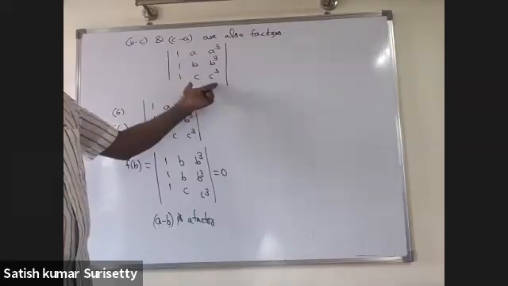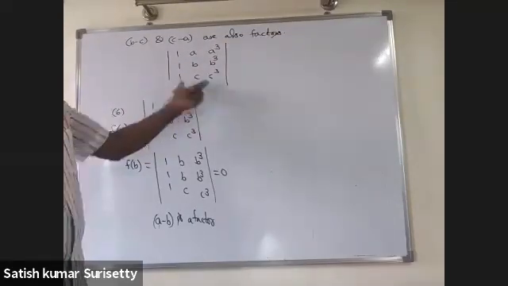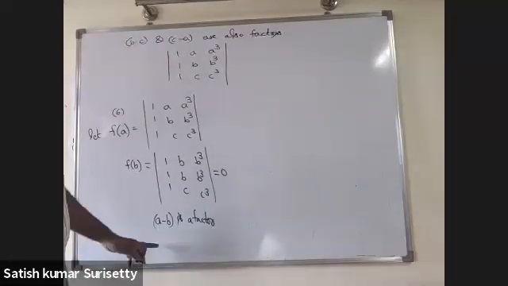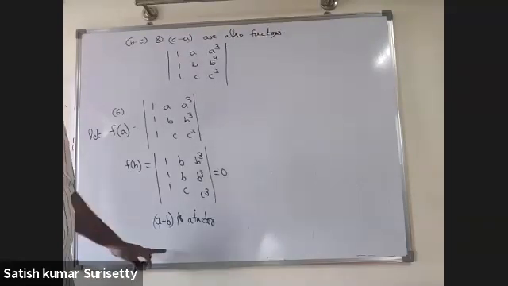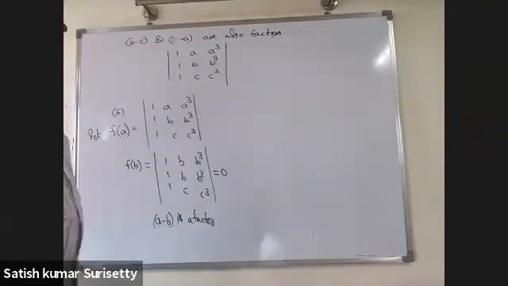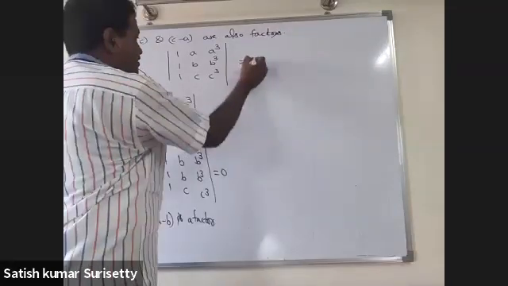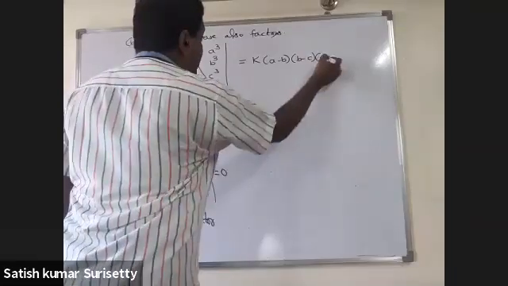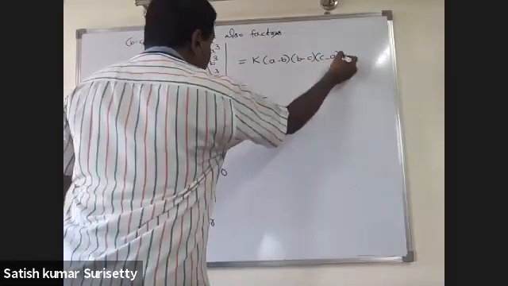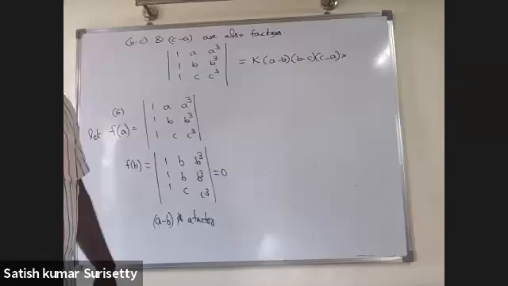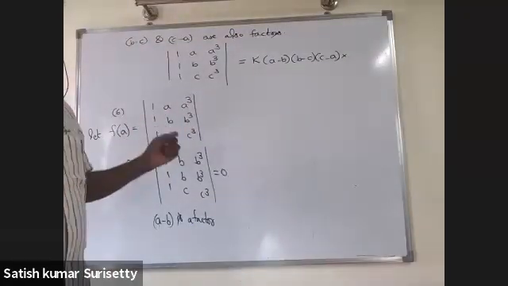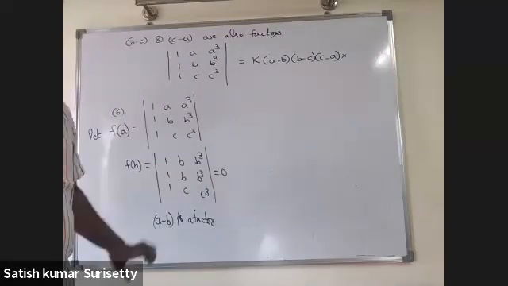Now when the degree is 4, how many factors can you expect? 4 factors have to be there. But how many factors did you get already? 3 factors only. That means you should have one more linear factor. Now what linear factor should I take? Some constant into a minus b, b minus c, c minus a, into one linear factor which should be such that when I replace a with b, b with c, c with a, the factor should remain the same.